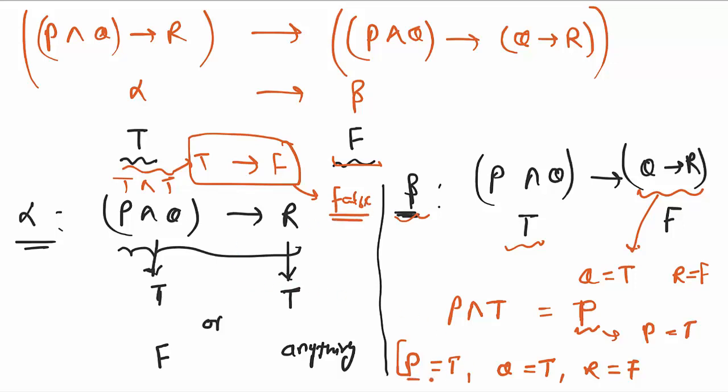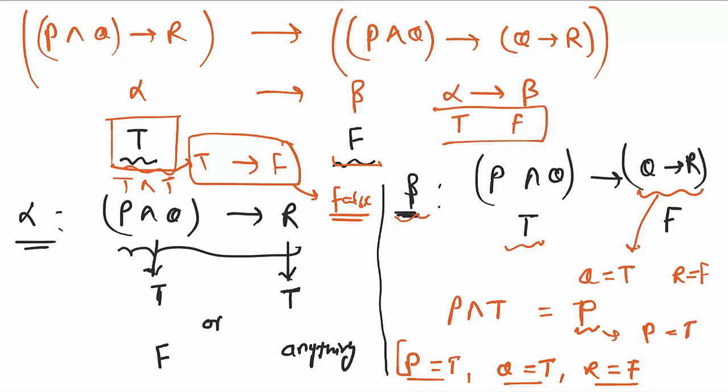So if I set these three values to alpha, then I'm getting a false value. I'm not able to make alpha true. That's why this true-false combination in alpha imply beta is not possible, right? Why? Because when we are trying to make beta false, at the same time we are not able to make alpha true. So that's why this true-false combination is not coming up. That's why I can say this is a tautology.